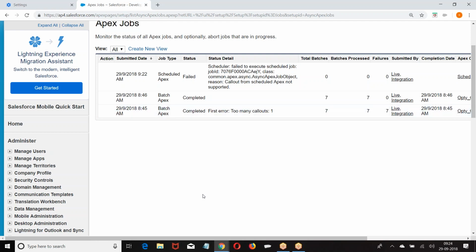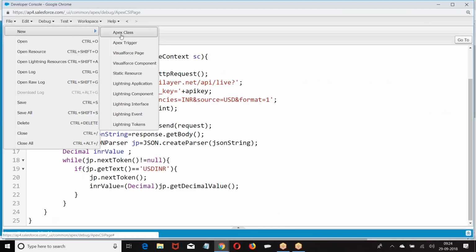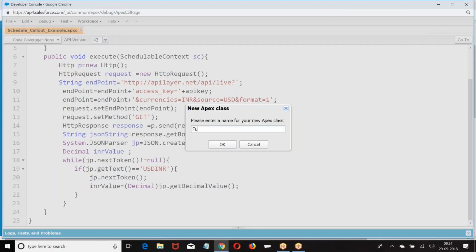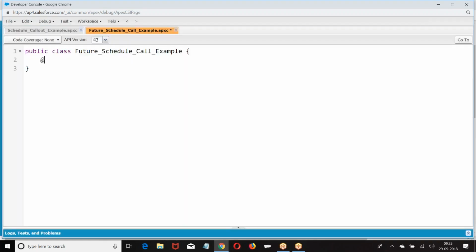So how can you make a web service call asynchronous? Use the future method. So what I'm doing, future. If you want to call future, I'm not giving anything here.